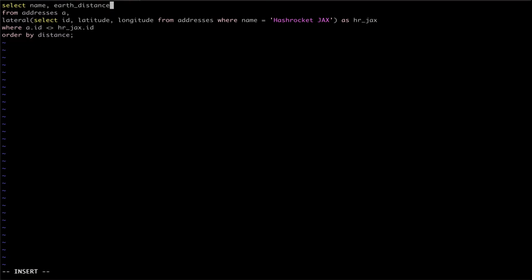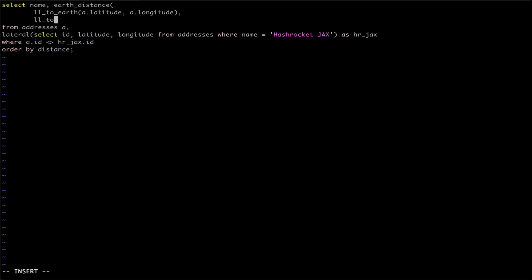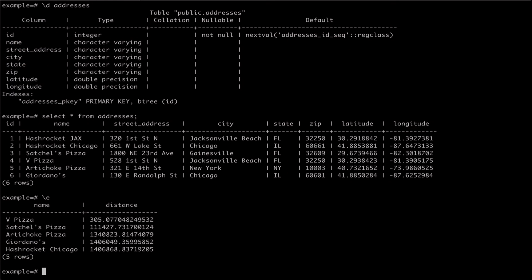This function expects to receive two 3-coordinate locations to use to compare distance, and returns the distance in meters between the locations. Since we only have 2 coordinates, latitude and longitude, we need to convert our data. We can do this with the helper method ll_to_earth, passing first latitude then longitude as our arguments. We can see from our output that we now have the distance in meters of each address from the HashRocket